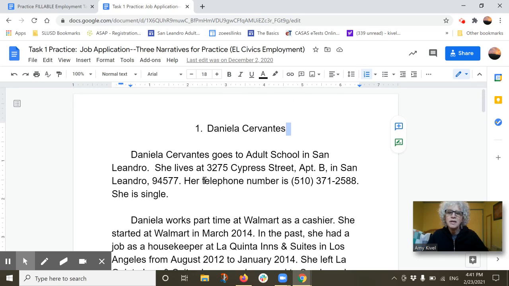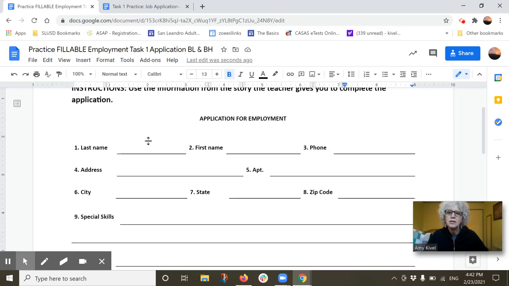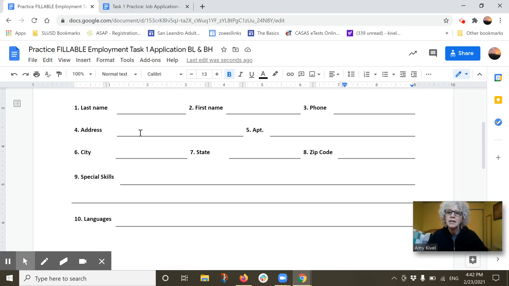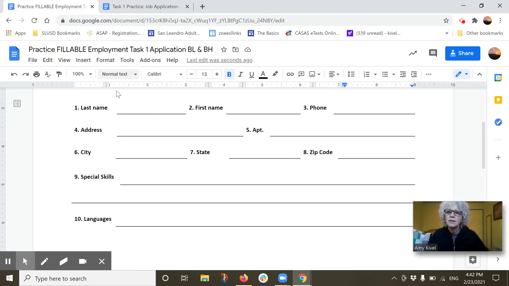And now after I read it one time, I'm going to go back to the application. I can scroll up a little bit and see what information I need. I need last name, first name, phone number. So I'm going to go to the job application and find the name, Daniela Cervantes. All right, so Daniela, first name, last name. I'm going to type those in here. Daniela, first name, last name,